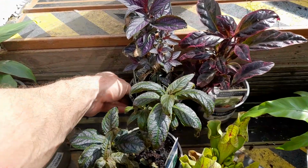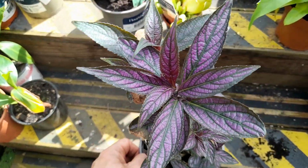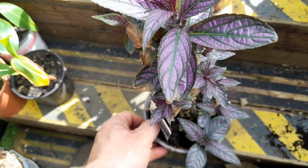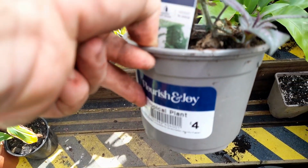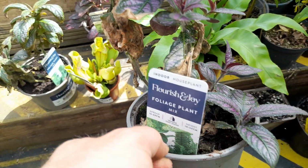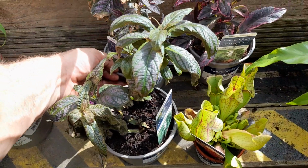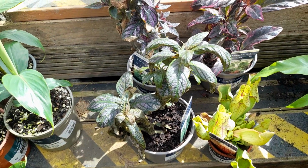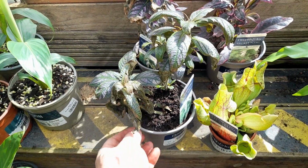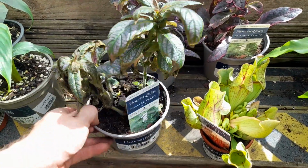Right, so in the hothouse tour I sort of mentioned this Persian shield, and yes, Morrisons. They've really sort of stepped up when it comes to the tropical plants. It doesn't actually tell you what the plant is on the label if it's a tropical plant, so they don't really make good house plants. They are more summer bedding, if you like, or you probably could overwinter them. I've never tried, it's the first time I've had one, but basically I went there the other day